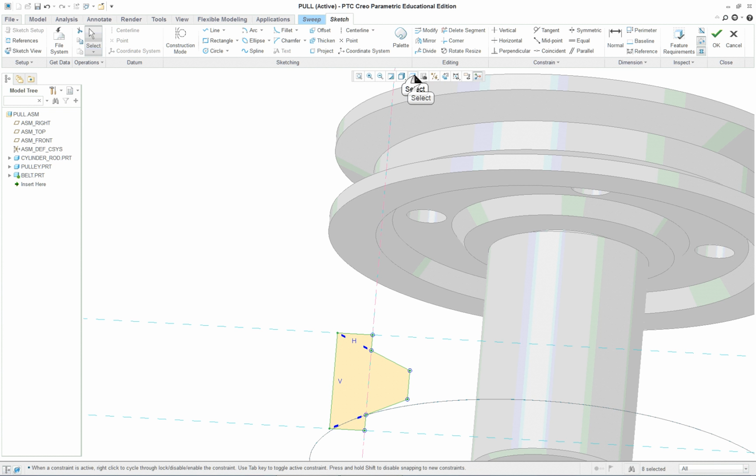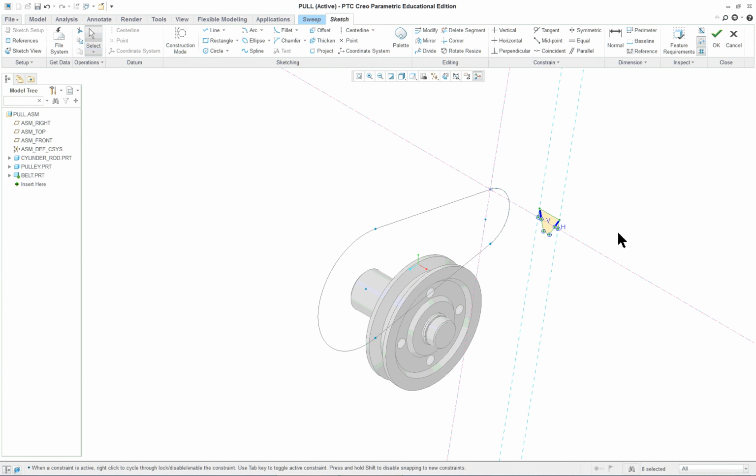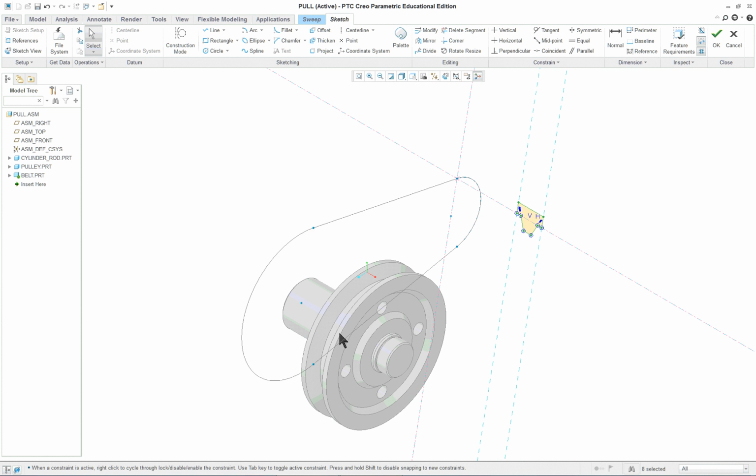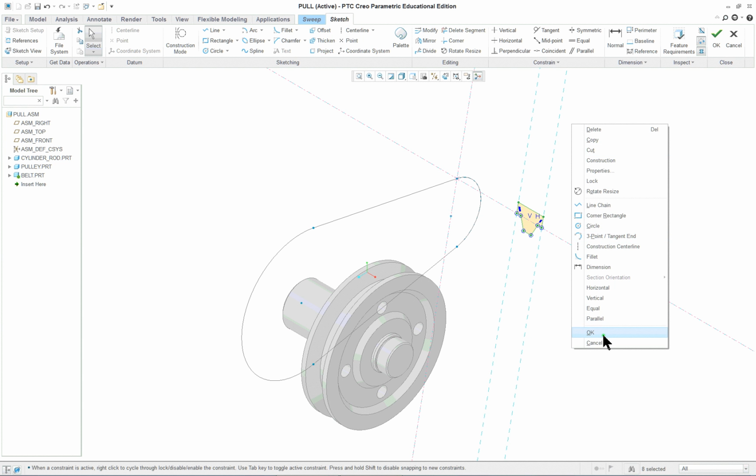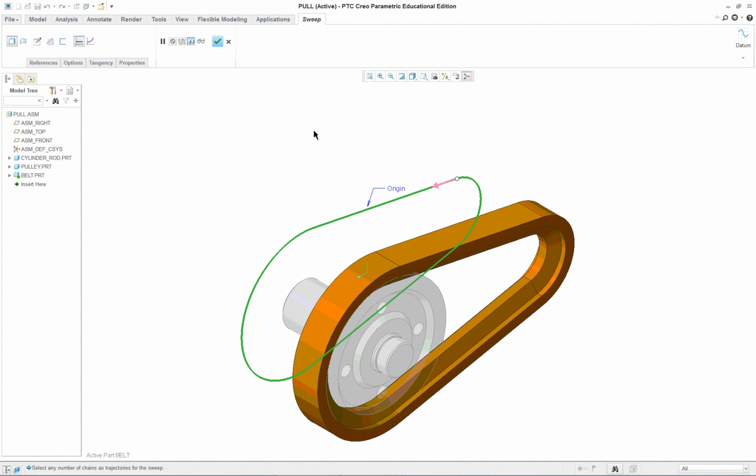Now let's go into our standard orientation. We'll see where we are. It's going to sweep it in this direction, using this as the directional plane, but not on that area. It's just saying move it along that same direction in the same order through the geometry. So right mouse button, OK. There's my